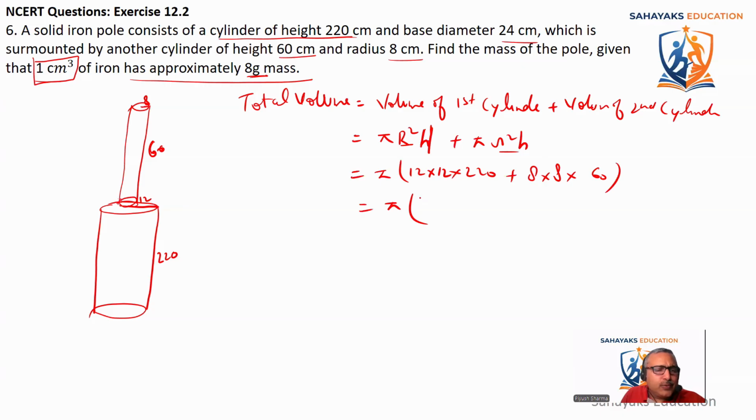144 into 220 comes out to be 31680. It is 31680 plus... coming is too big, 220, it's 220 centimeters height. Okay. Now 8 into 8 is 64, 64 into 60. 64 multiplied by 60 comes as 3840. And if I add it with 31680,